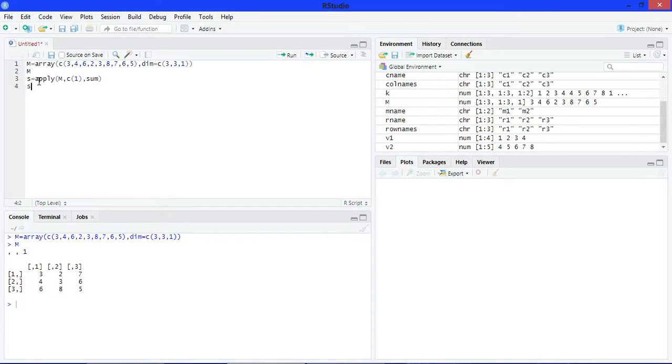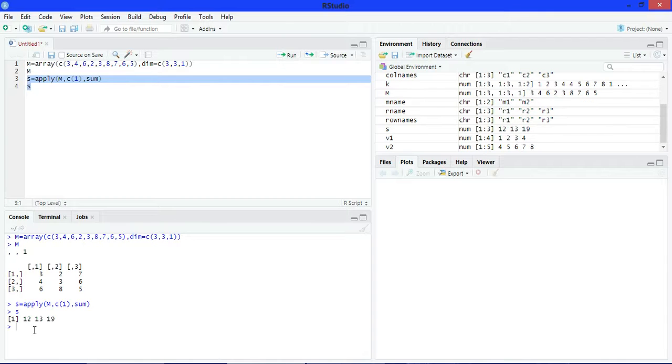Now print s. See here 12, 13, 19. Here add 7 and 9, 9 and 3 makes 12, and 3 and 4 makes 13, 5, 8, 6 makes 19.